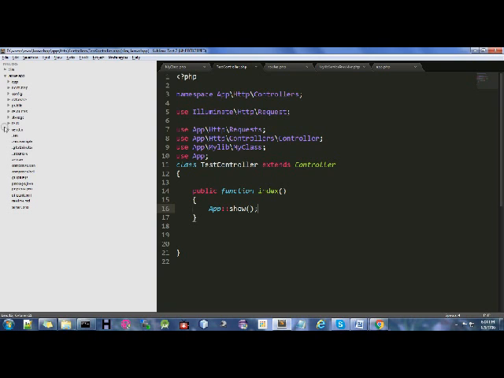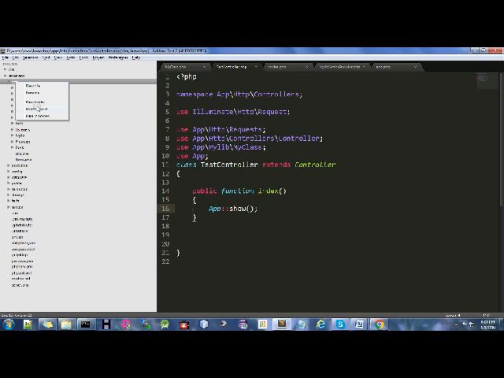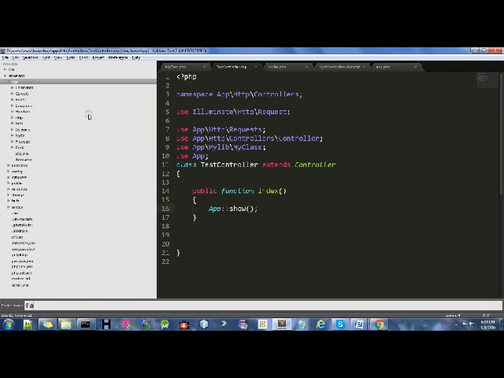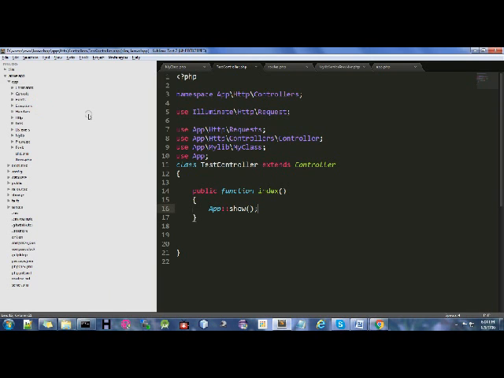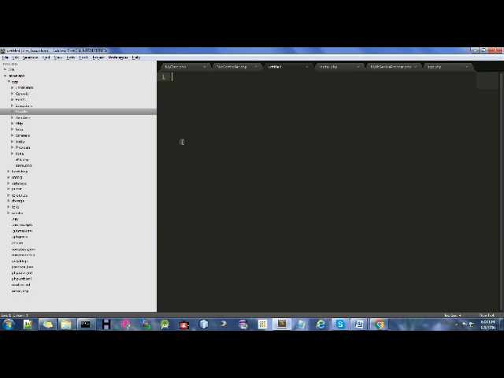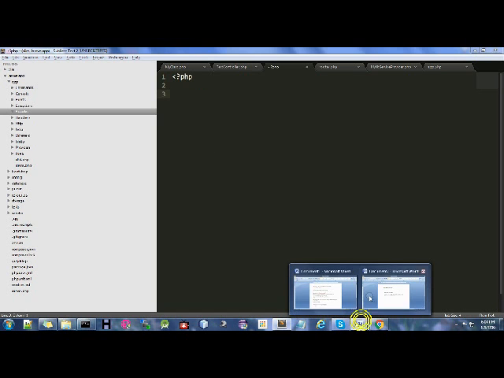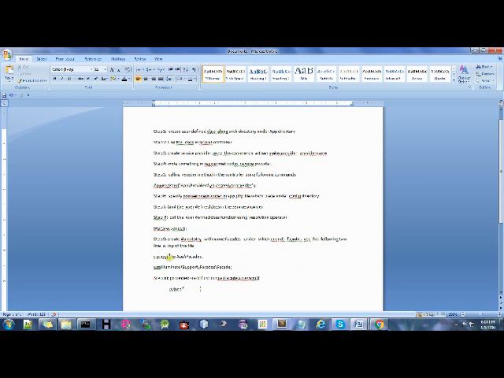As I told you, facades basically help us use simple code for accessing our complicated classes or class libraries. Under the app directory, I'm going to create one directory with the name Facades. In the Facades directory I will have one facade file.